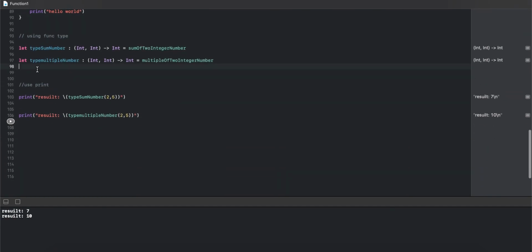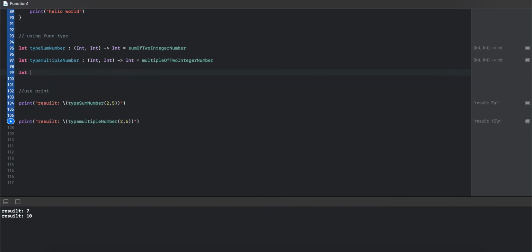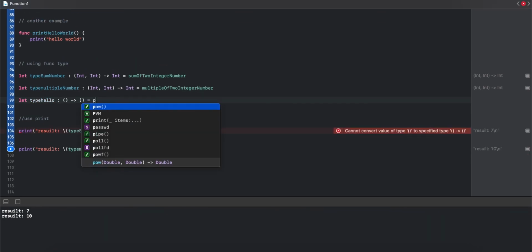And we can use another third example. So this is a type of let typePrintHello, of empty parameter type, and the return is void, and we assign the function printHelloWorld.